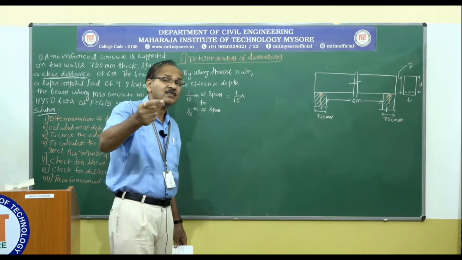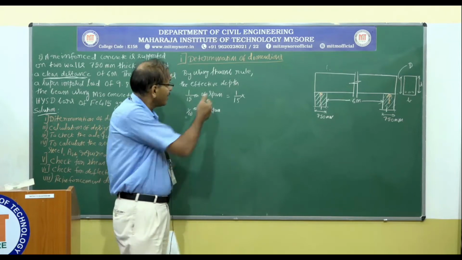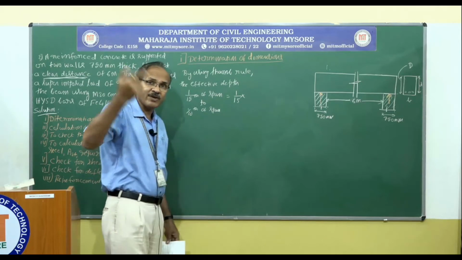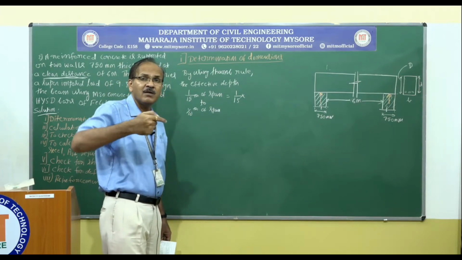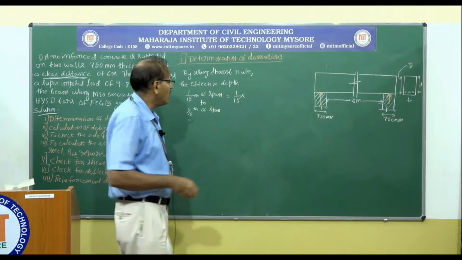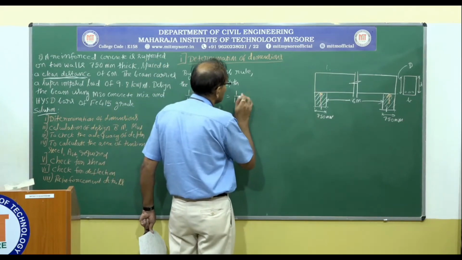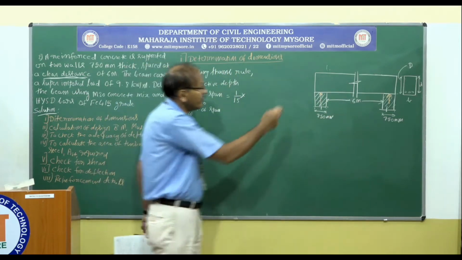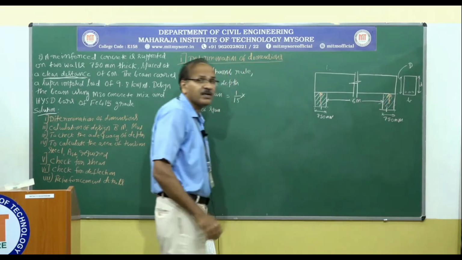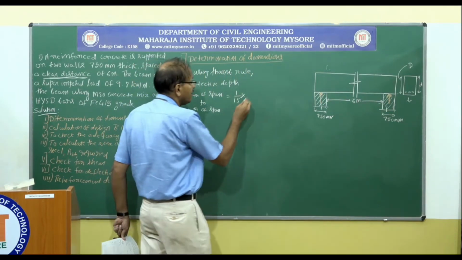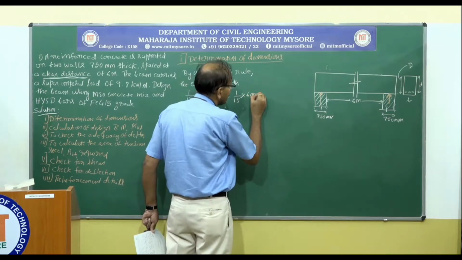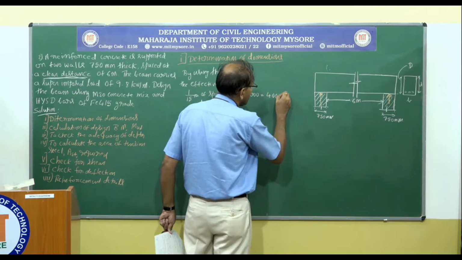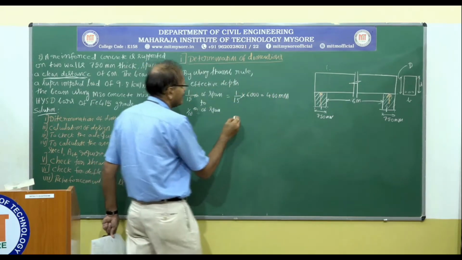Sometimes we may use effective span, sometimes we may use clear span. So it's okay, because we are going to get two values and we can pick up a convenient depth between those two values. 1/15 of span, here it is 6 meter is the clear span. Even if you take effective span, that is, sorry, center to center distance of 6.75 meter, that is also fine. So here I am taking only 6 meter, that is 6000 millimeter, that is 400 millimeter, and 1/10 is